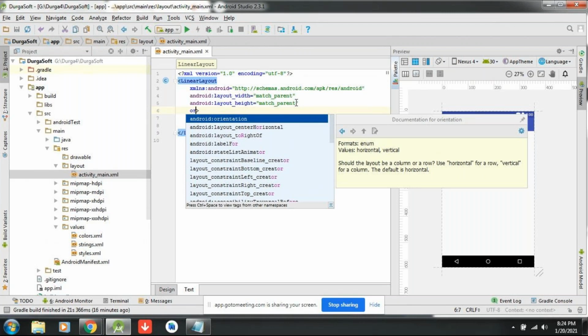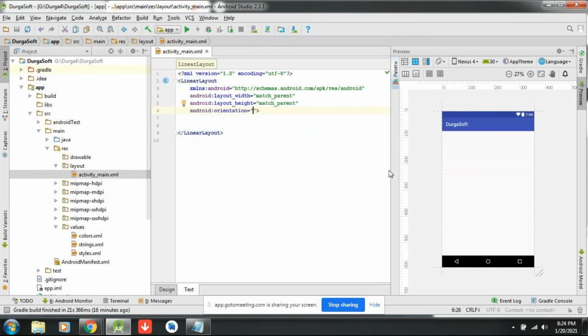See, the property description also is coming here for you. Should the layout be a column or a row? Use horizontal for a row, vertical for a column. The default is horizontal. If you don't specify the orientation value for the linear layout, what will it take? Default horizontal.